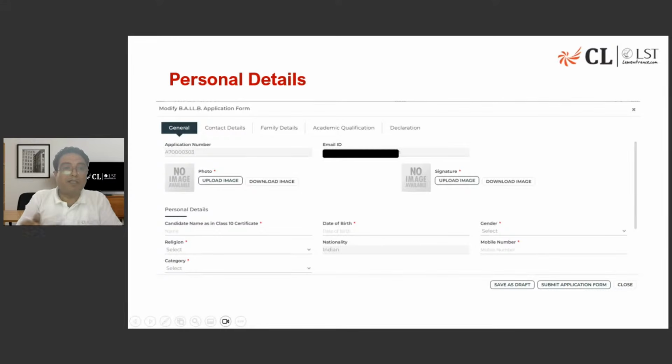Now the action begins here. The first part of the application form is to give your personal details, which begins with your photograph upload. You'll see your application number here. You'll see your email ID, which is your login ID. The first step is to upload your photograph. The second step is to upload your scanned copy of the signature. Then you will type your name as it appears in your class 10 certificate. You will type the name as it is, and remember the instruction: if you have initials, use initials, then